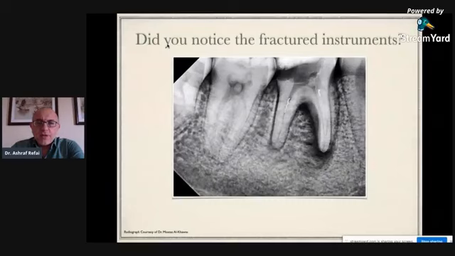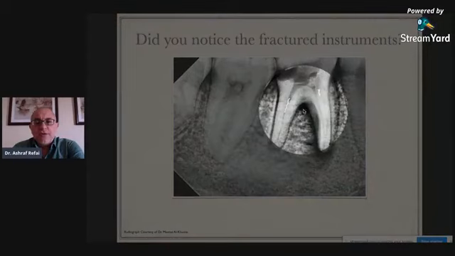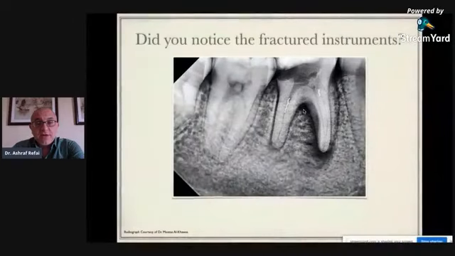All right, so this is a case. This is a preoperative case by my friend and my brother, Dr. Mu'taz Al-Khawas, and you can see here there were multiple instrument fractures. Sometimes from the preoperative X-ray, we can actually tell what type of instrument is fractured. Sometimes we can't, but you can see here, this is a case obviously with two instruments fractured at different levels, one at the coronal level and one at the apical level. Sorry, one at the middle level.